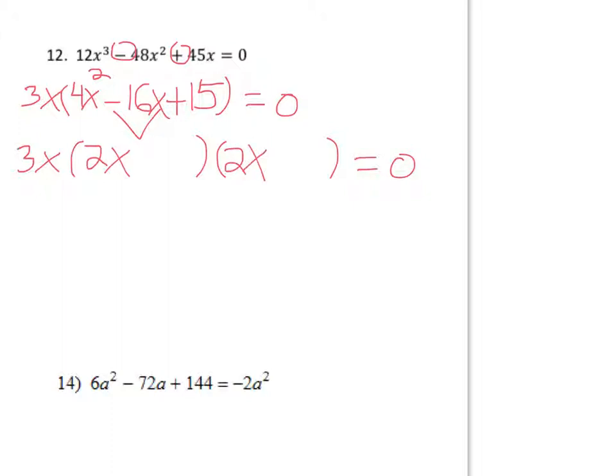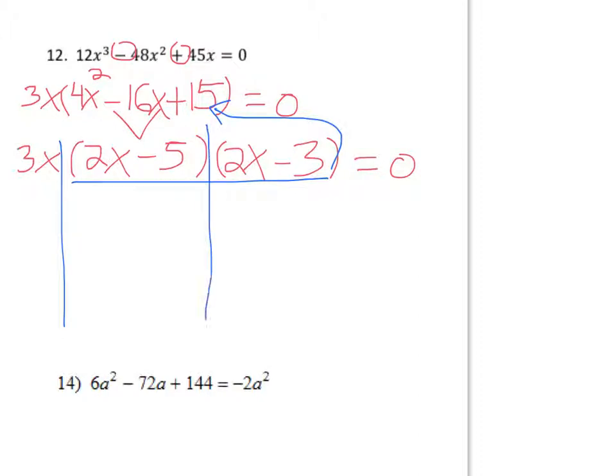And then the other thing, since this is a positive and the first one's a negative, that means both of these are going to be negatives here. So I'm going to put minus and minus, and then the numbers here have to be factors of 15, and what winds up working is just 5 and 3. So I'm going to put 5, and I'm going to put 3. And again, if you FOILed this whole thing out, it would equal this quadratic trinomial. And then what's going to wind up happening, I actually have 3 factors. I'm going to split this up. I have 3x, 2x minus 5, and 2x minus 3,